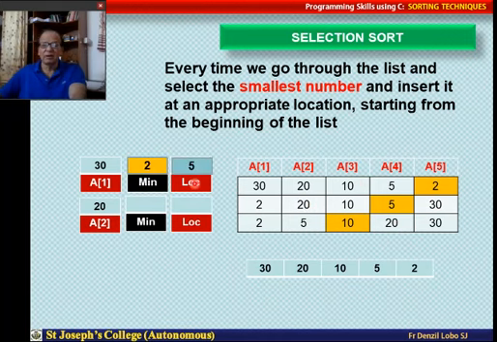So minimum at the location 5, I have got the lowest number 2, and I exchange it with 30. As you see here, 30 is put there and 2 goes in there. So this is how we do the selection of the minimum number, in this case at the 5th location, with the first number. So first number 30 goes to the 5th location, and 2, which is there in this variable minimum, is inserted here. So that is the thing.